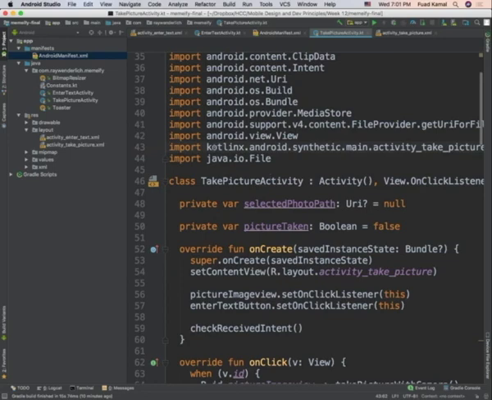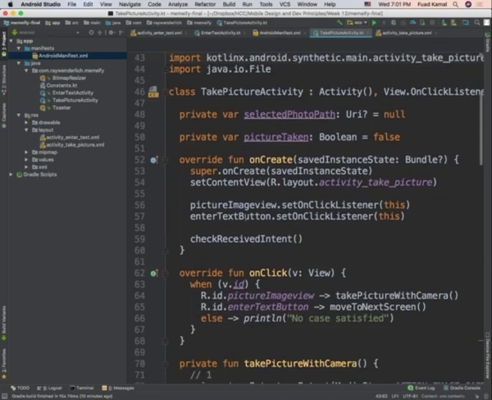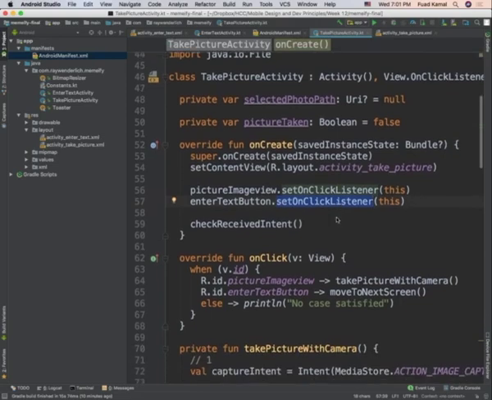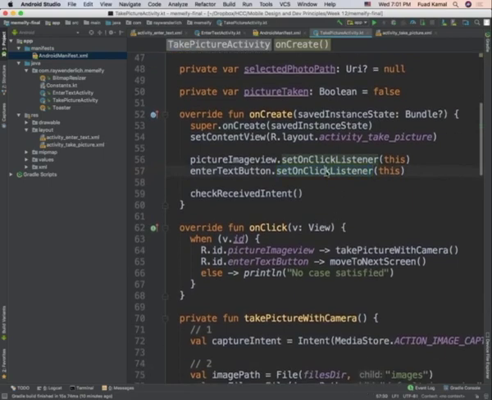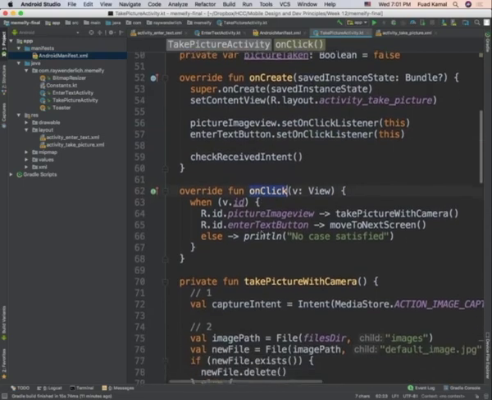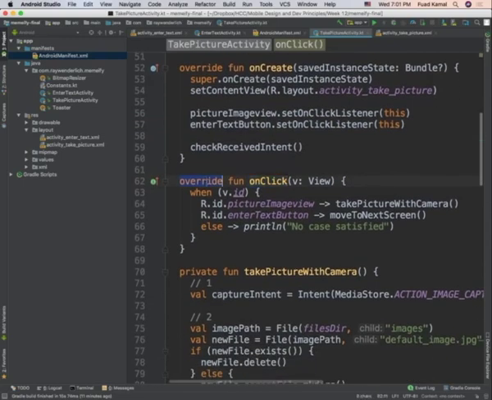So I have this import statement, and then I set a listener on the button to do something. So set OnClick listeners do something when it's clicked on. Okay? And then if I use an OnClick listener, then there's a built-in function called OnClick. Because it's built in, I need to override it, right? If it was my own function, which